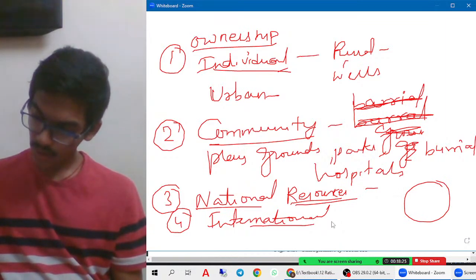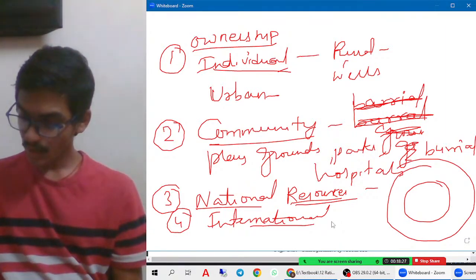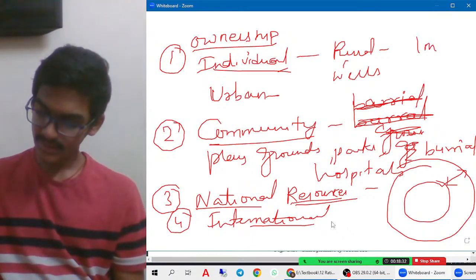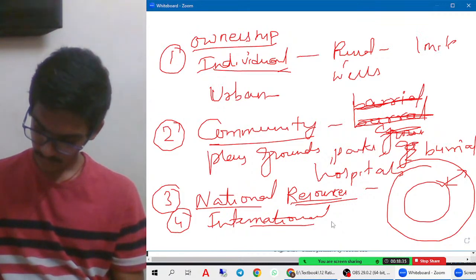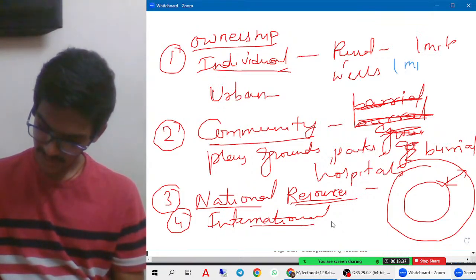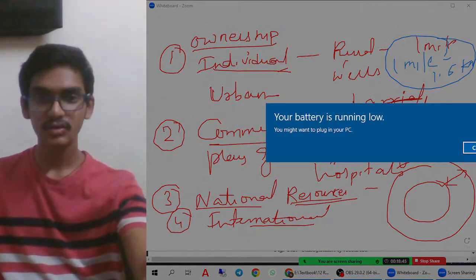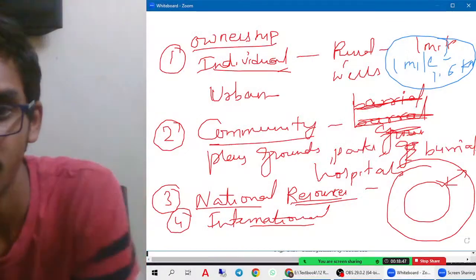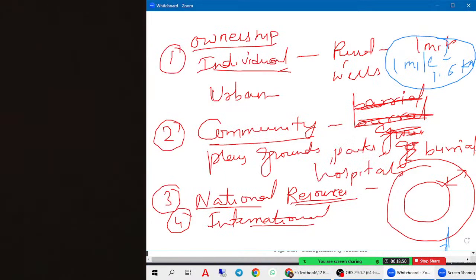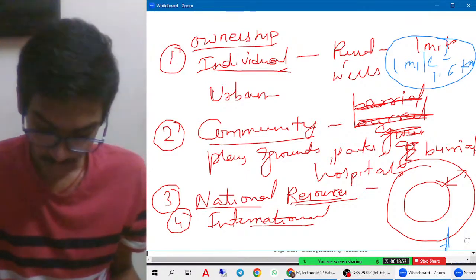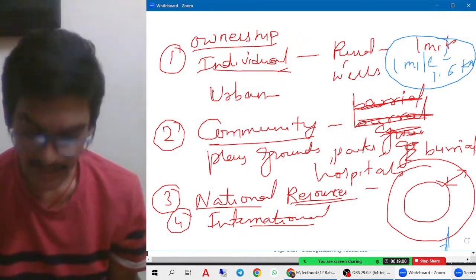Around that country, there are 12 nautical miles. 1 mile is equal to around 1.6 kilometers. So till the 12 miles region, the entire resources found from the coastal areas,